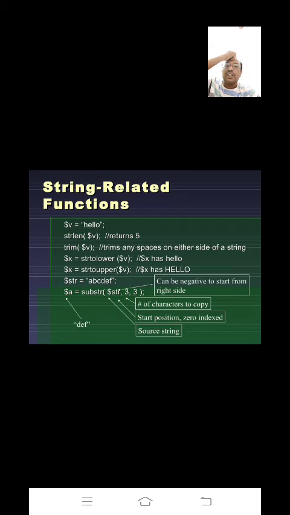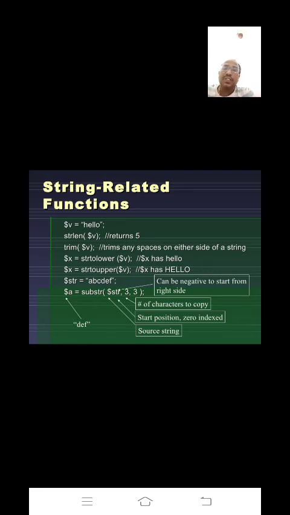You have written substr($str, 3, 3). The start can be negative to start from the right side. What it returns in $a is DEF only. It extracts some part of the given string. That is the use of substr.